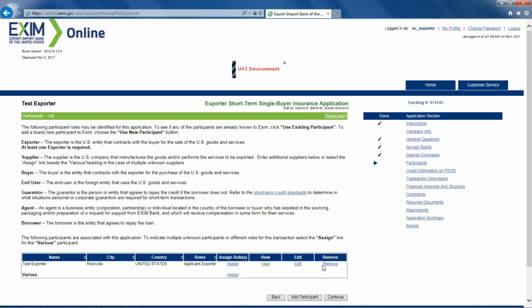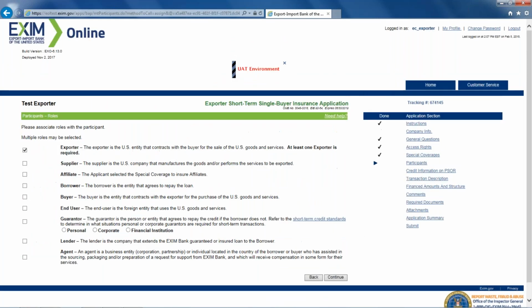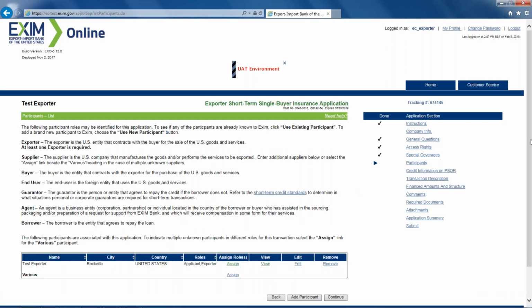You can also edit it, or you can remove it. If you click on the assign role, which you shouldn't have to, it does give you the opportunity to reassign that particular entity to a different role here by deselecting and selecting the appropriate party, but it's already defaulted to the exporter. So we're going to go back to our screen here.